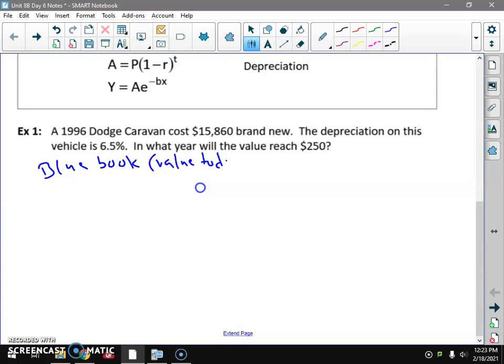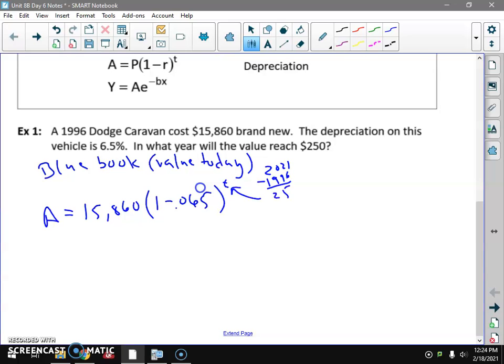So how would I do that? Well, my formula is amount anytime equals initial amount, 15,860, decaying 1 minus 0.065. I'm doing the 1 minus r to the t. Okay? And now we know the year. So if it's today, 2021 minus 1996 is 25 years. That's going to go right there. So the A equals